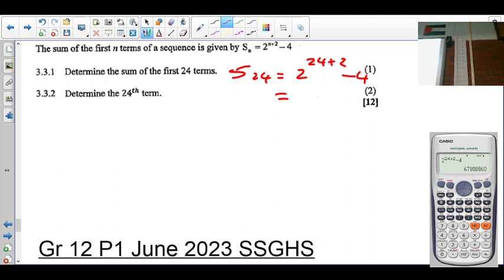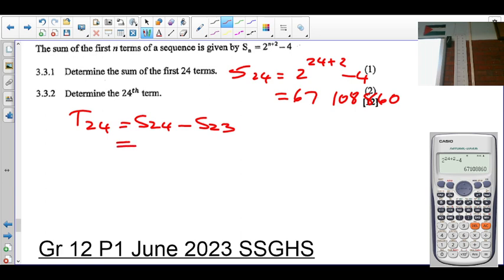$67 million, 108,000, 860. Okay. Then this is determine the 24th term. So T24 is going to be S24 minus S23. Okay. Why? Because our Tn is equal to Sn minus Sn minus 1. Okay. So it's